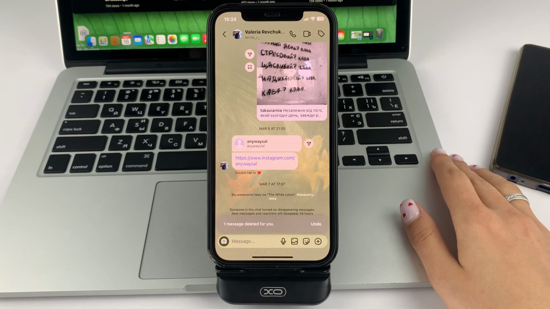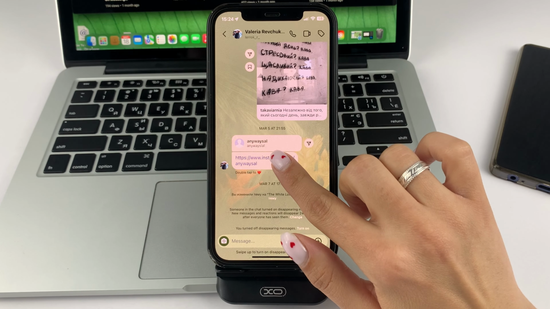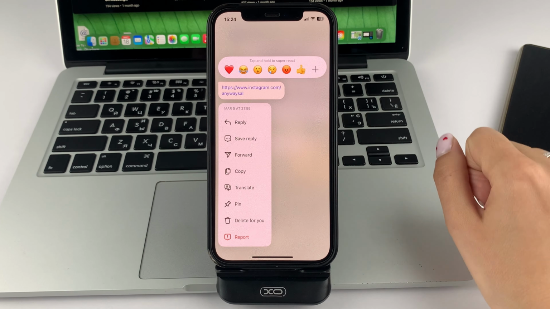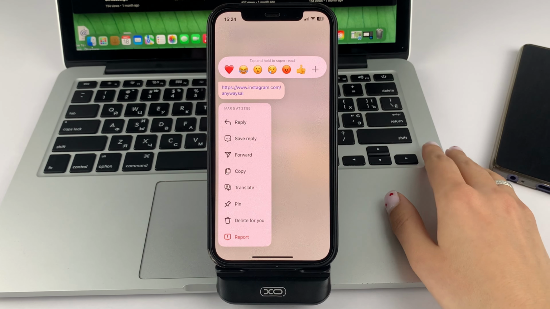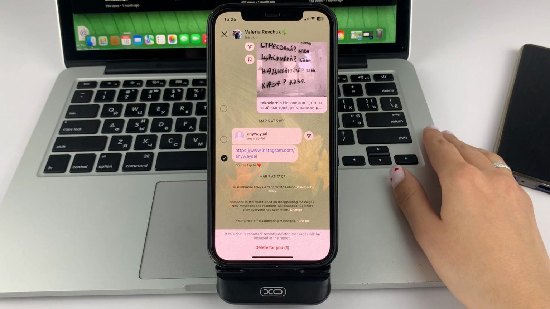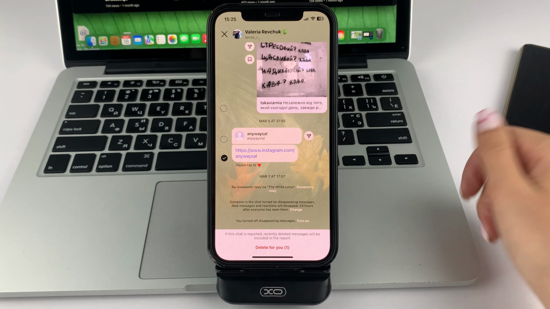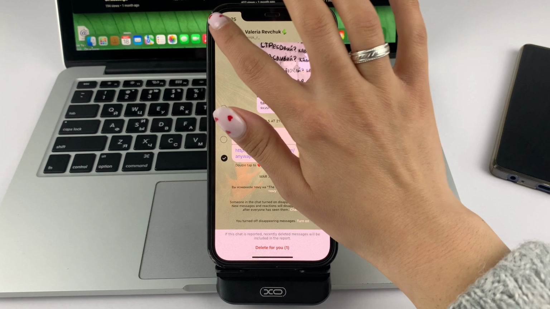If you want to delete someone else's message, you will have to click and hold on that message. Then you can also select the option to delete for you only. And then at the bottom click Delete for you. As you can see, messages are not deleted from both sides at the same time, so you can only